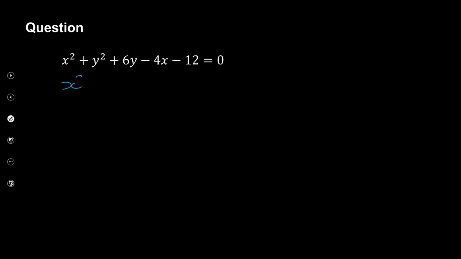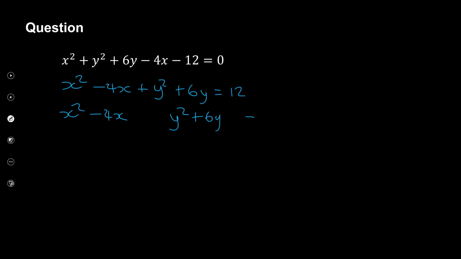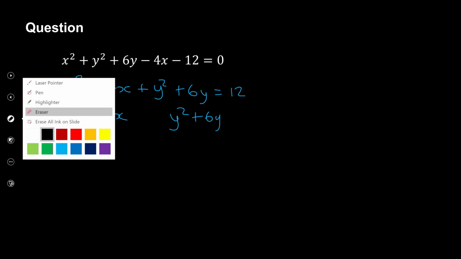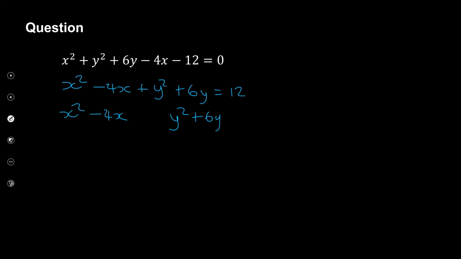It will be x squared minus 4x plus y squared plus 6y equal to 12. And then from there, it becomes x squared minus 4x, y squared plus 6y equal to, let me just put some space there. I'm going to use a different color. That's why I'm leaving those spaces there for you guys